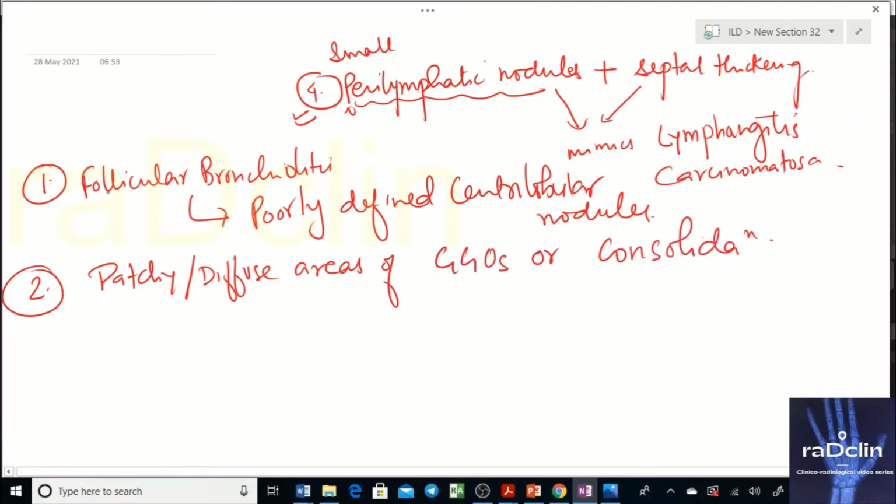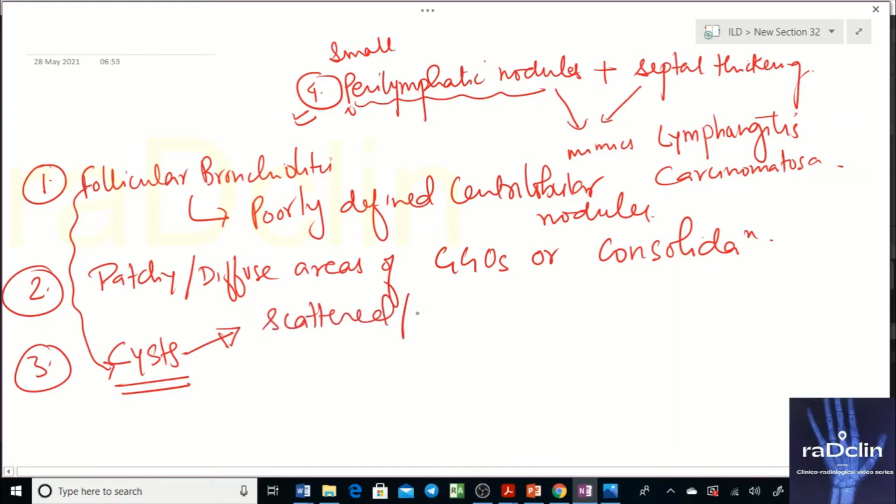Okay, and due to follicular bronchiolitis only, the third pattern could be that there are cysts. Now the important point is that this is due to follicular bronchiolitis only. Same pathology acting here also. Due to bronchial obstruction, cyst formation is there. Now if cysts are there, these cysts are characteristically scattered, and they are not many, so there are few also. So there are few, limited in number, and scattered. They are typically perivascular. Remember this: scattered and few. Classically, this is the pattern.